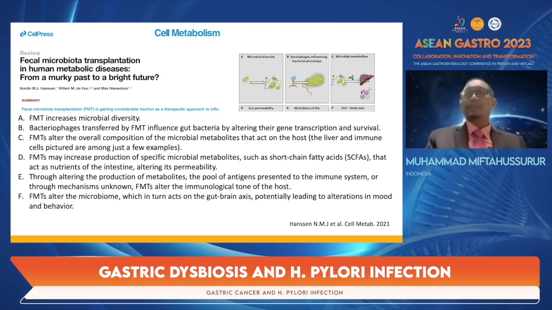Fecal microbiota transplantation or FMT can also be a strategy for microbiome modulation. A review study has revealed that FMT can increase the microbial diversity, influence gut bacteria by altering their genes, alter the overall composition of the microbial metabolites, increase production of specific microbial metabolites, and also alter the immunological tone of the host and alter the microbiome, which is probably tuning the gut-brain axis, potentially leading to alterations in mood and